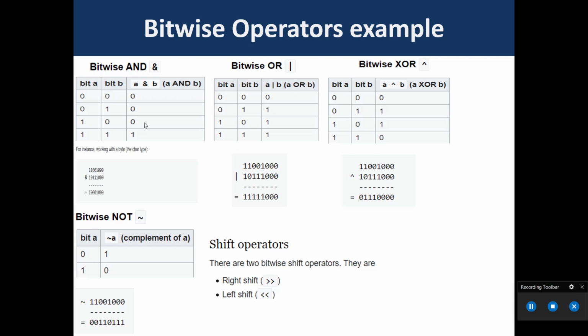For its operation, it requires two operands. It shifts each bit in its left operand to the right. The number following the operator decides the number of places the bits are shifted. For example, the right operand. Then left shift. It shifts each bit in its left-hand operand to the left by the number of positions indicated by the right-hand operand. It works opposite to that of the right shift operator.